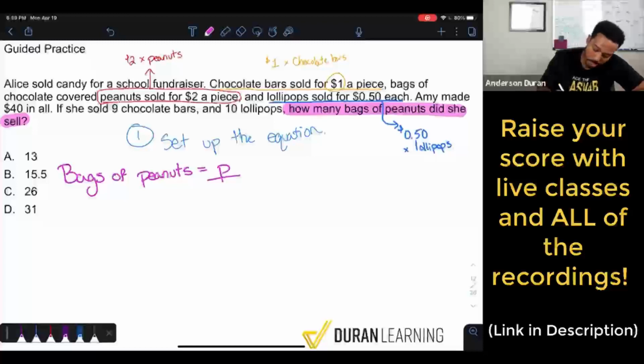bags of peanuts. So Alice sold candy for a school fundraiser. Okay, great. Cool. Alice, cool story. Chocolate bars sold for, I don't care about chocolate bars. Bags of chocolate covered peanuts. There we go. Peanuts sold for $2 a piece. Okay, so I'm going to highlight that right there, and I'm going to attach that to this here. Each bag